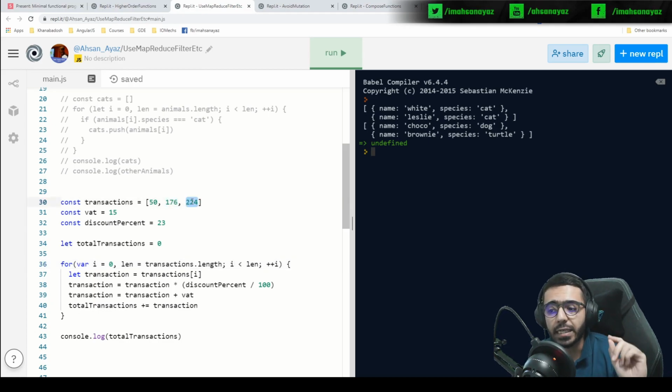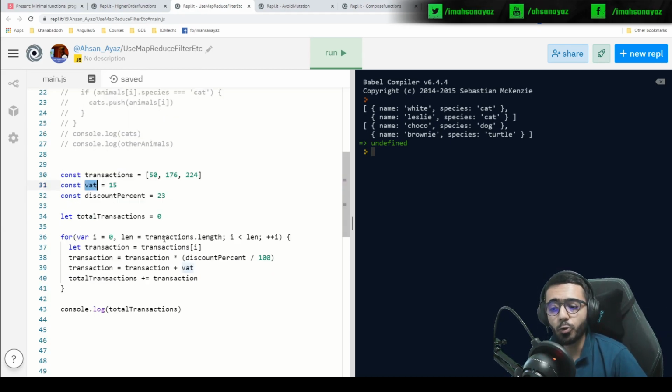Now every transaction could have a discount price. For instance, you are running a shop and you have a discount of, let's say, 20% for a particular use case. And then finally, we have the tax amount also being applied to every particular entry. So what we have to do here is calculate the total amount of the transactions array. In order to do so, we loop over the